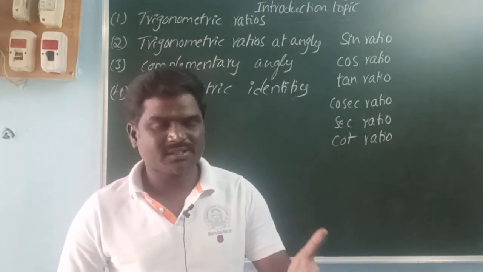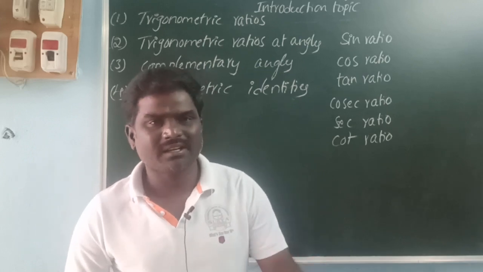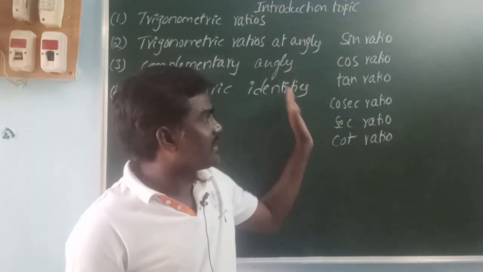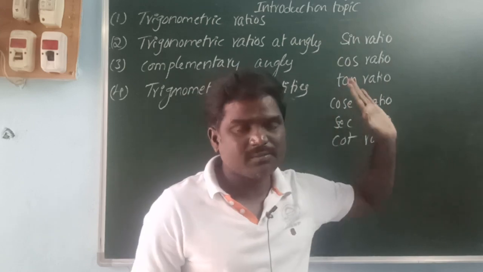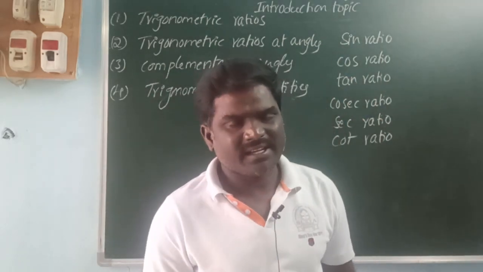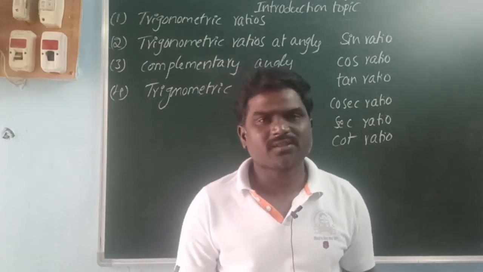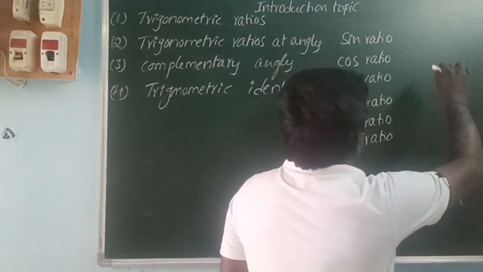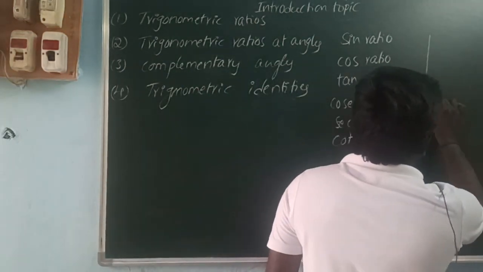3 sides. Between the sides at an angle we can take the ratios. The 6 ratios are only possible in a right angle triangle. So right angle triangle means what? In a triangle, if one angle is 90 degrees, the triangle is called a right angle triangle. So here in a right angle triangle,